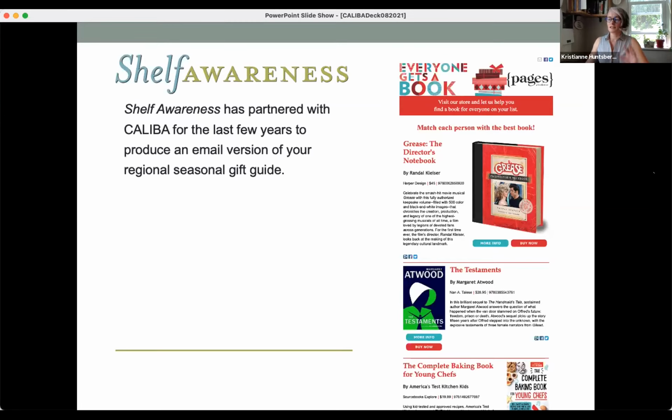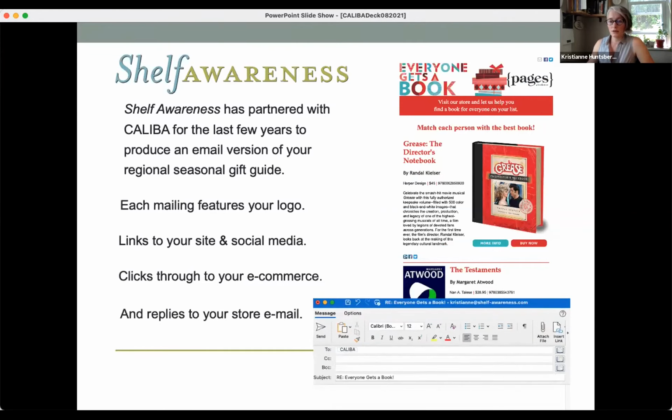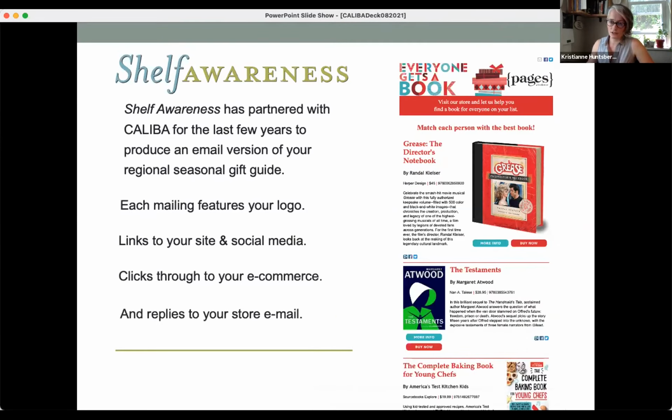So it's the same content from your printed version. And we usually send out a list in advance to let you know which issue will tie to which titles. So you'll see, the Margaret Atwood is going to be on that day, or whether there's going to be a particular kids book that you're excited about promoting. Each of these mailings is branded for your store, and it links to your site and your social media. And it also clicks through to your e-commerce. And the reply-to function sends to your email address. So it's really your newsletter, and the customers are